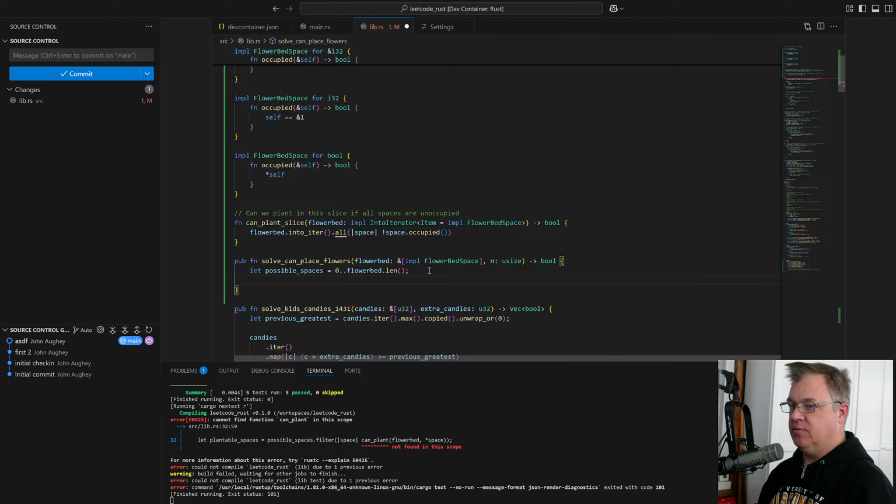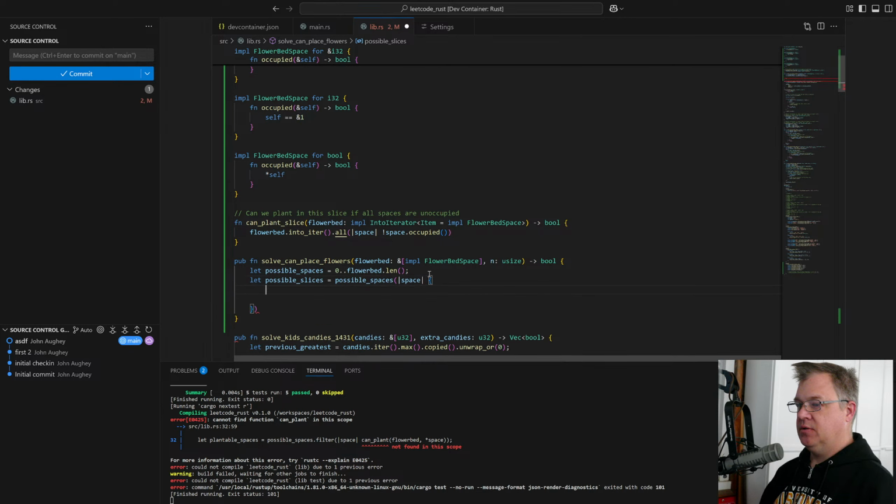From 0 to the end, and possible slices now are going to be the possible spaces, and we need to give it, we're going to call these ranges. So we're going to go from space